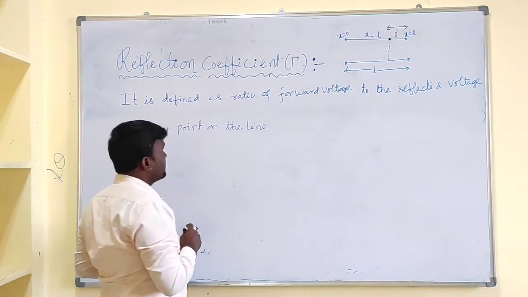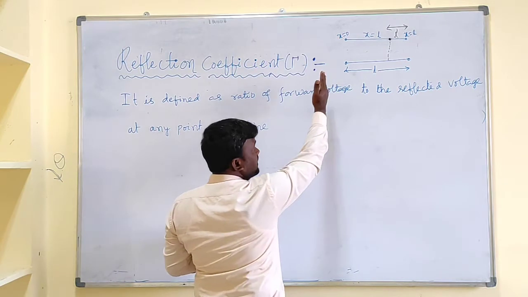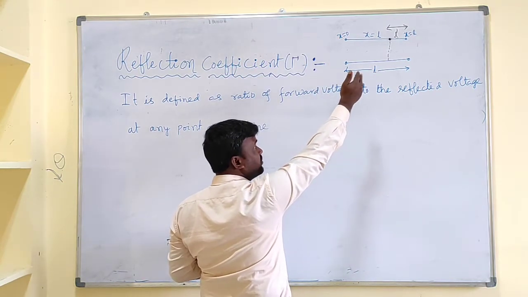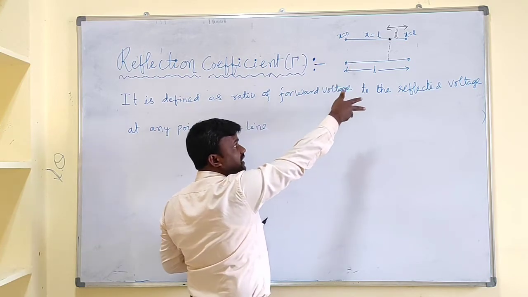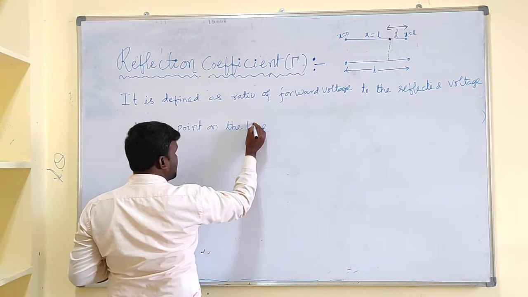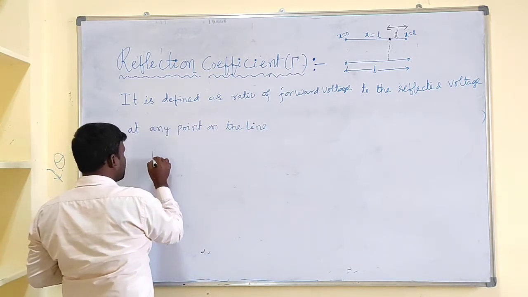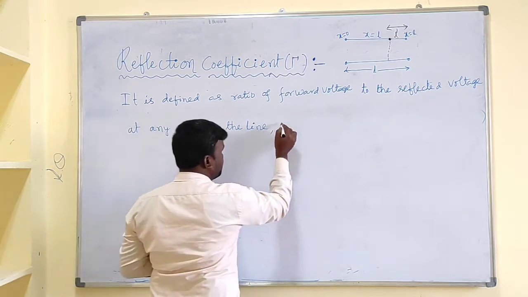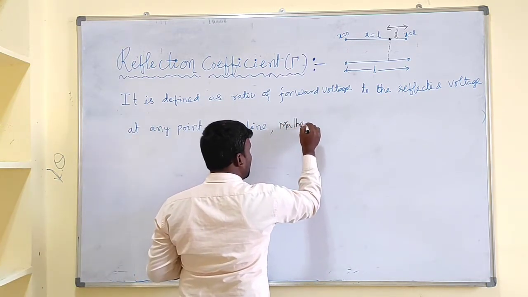First, x is a variable. X can be varied from 0 to L. It may be x equal to 0, or x equal to some L minus L dash, whatever it may be, or x equal to L. Now let us consider in terms of x. It is defined as gamma, and mathematically we can write gamma